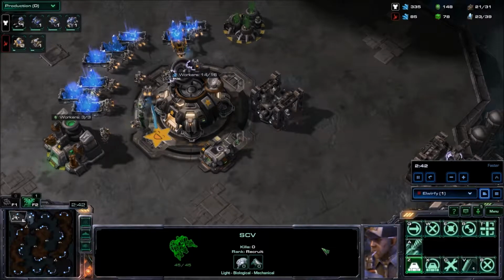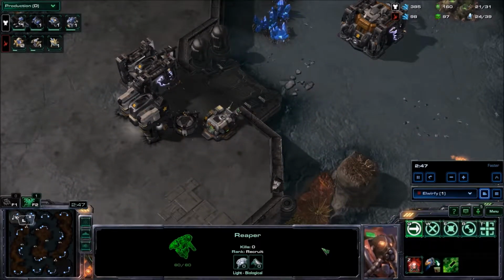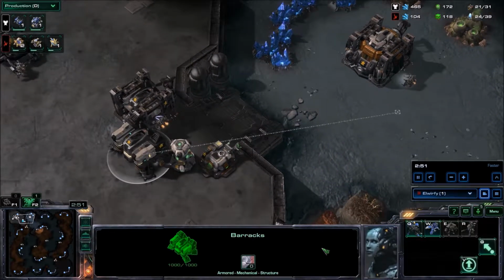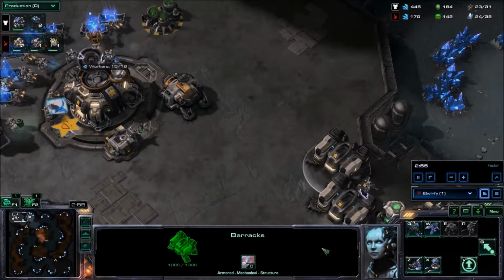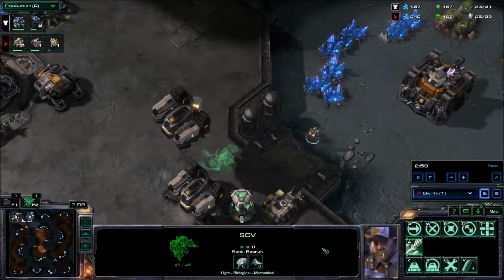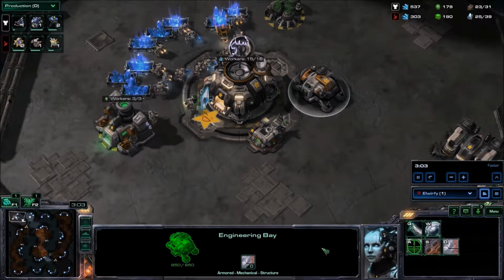Now, I'll admit this build does not go perfectly. I make some mistakes in my build. The add-on is finished, so you have no excuse not to build. You'll notice the engineer bay also coming out. So pretty much what it is you get supply depot, barracks, supply depot, barracks, gas, barracks,